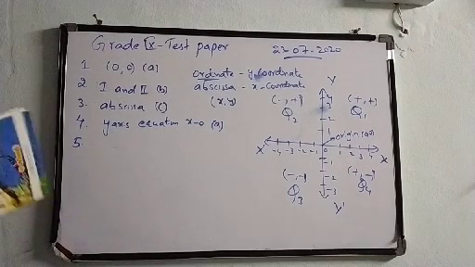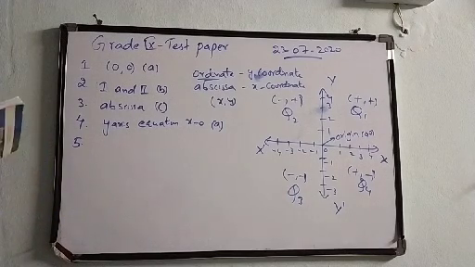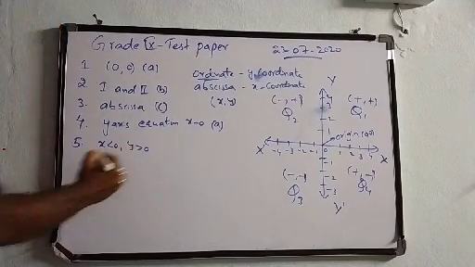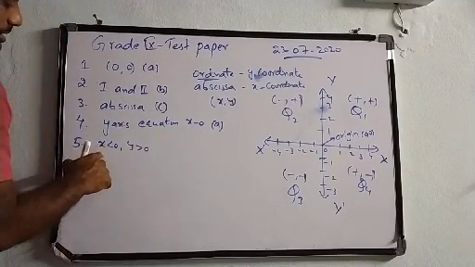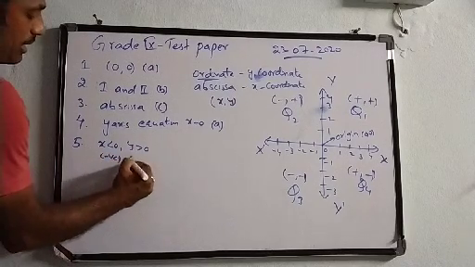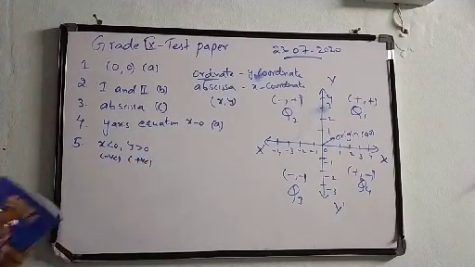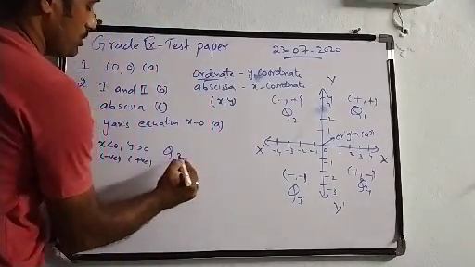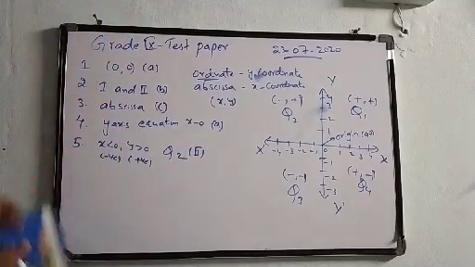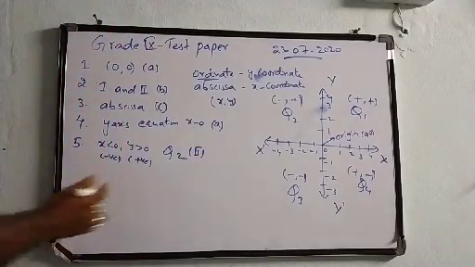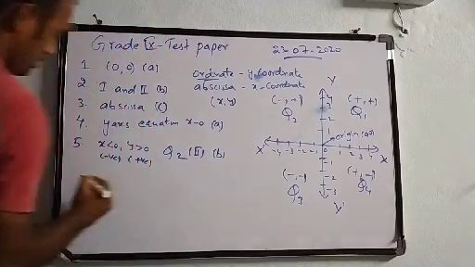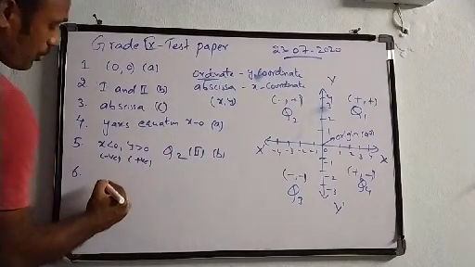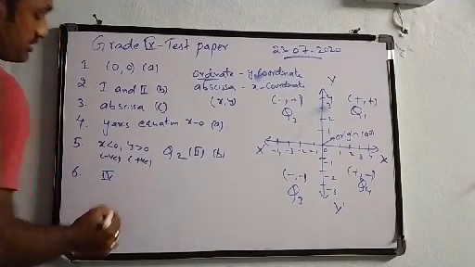Next, coming to fifth question, if x is less than 0 and y is greater than 0. So if x is less than 0 means x is negative and y is positive. So let us see in which quadrant x is negative and y is positive. So here x is negative and y is positive, it will be in quadrant 2. We can call it as second quadrant. So the option is B. Next, coming to the sixth question. There are how many quadrants? So there are totally 4 quadrants.